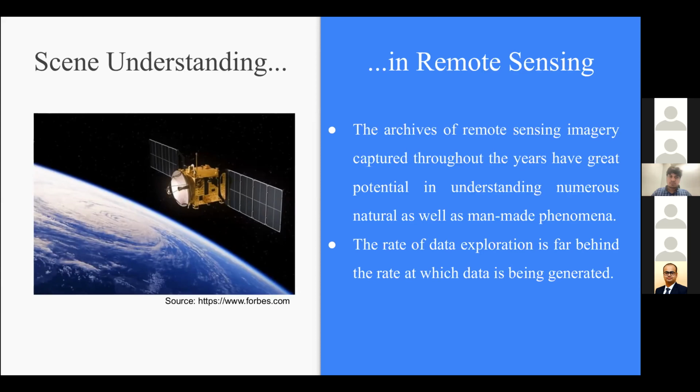The data is captured by numerous remote sensing platforms, like satellites, airborne platforms which have high resolution cameras over them, and of course the drones that are very popular nowadays. These platforms have the ability to capture data in very high resolution, but have we developed efficient algorithms that are enough to actually leverage the data that is being captured and explore it so that actionable insights can be derived from it?